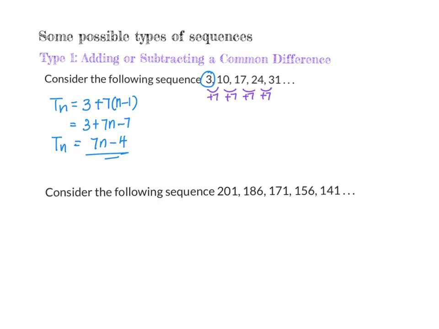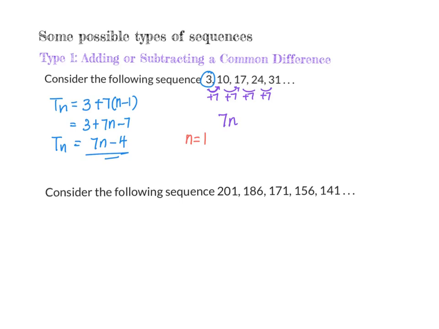Now in my second method over here, we have a little bit of a shortcut. So now I know that we are adding a constant difference of 7, right? So in this case, we will start with 7n. And we need to find out what do we need to do to 7n in order to get to the answer. Now when n equals to 1,